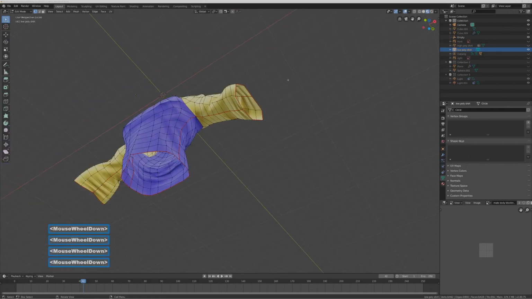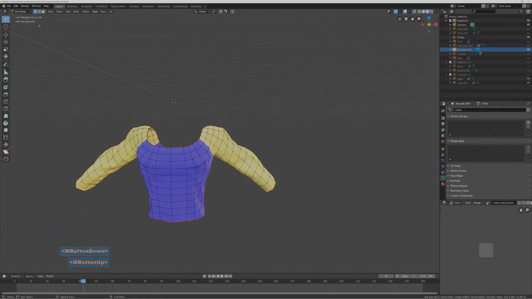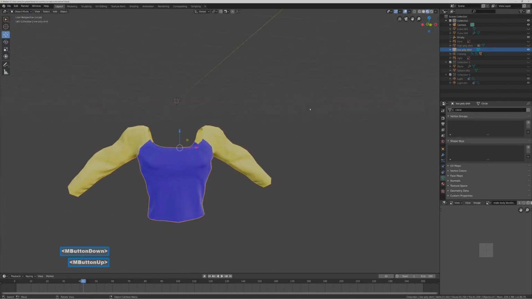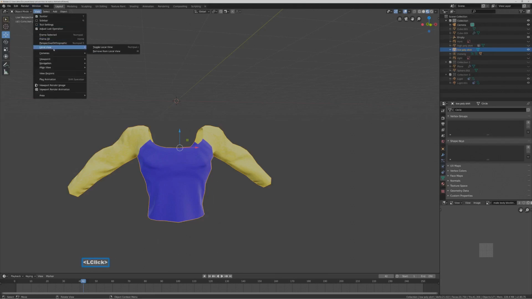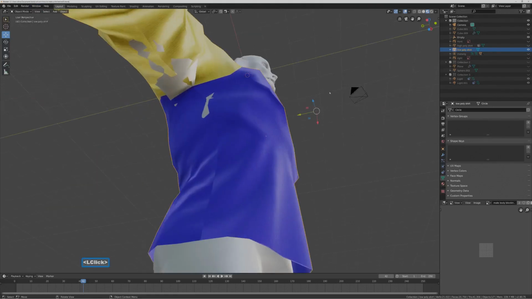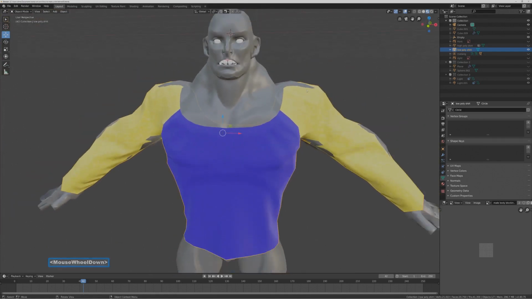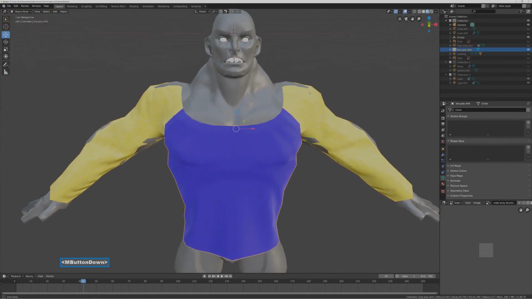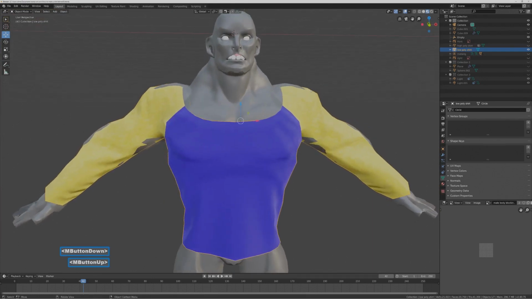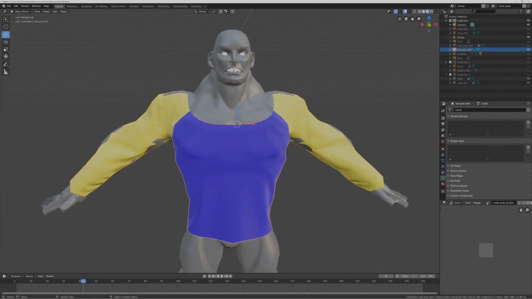I'm going to roll the mouse wheel back. I'm going to go to the upper left, go to object mode. Okay, I'm going to go to View, Local View, Toggle Local View. With this, we have this here. We can use the sculpt brush to deal with this. That might